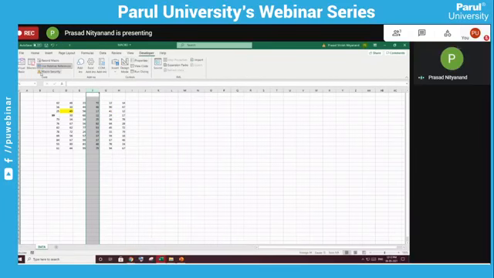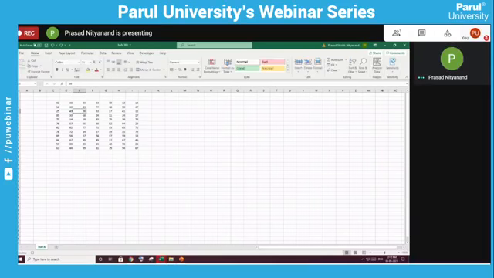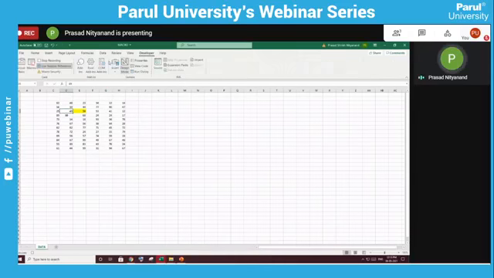Sorry, for that record macro I forgot to turn it on. I will make this relative reference on, then I will click on record macro. It will be record macro 2. So first the selection is 49. On the right side of 49, I will make it yellow. On the bottom of 49, I will make it bold and center. And on the three columns from 49, that is first, second, third, I will delete this column. Then I will return back to 49. So this has been recorded with the help of relative reference.